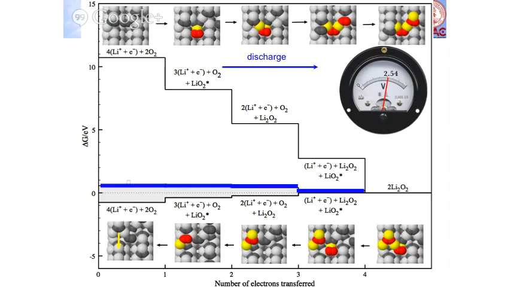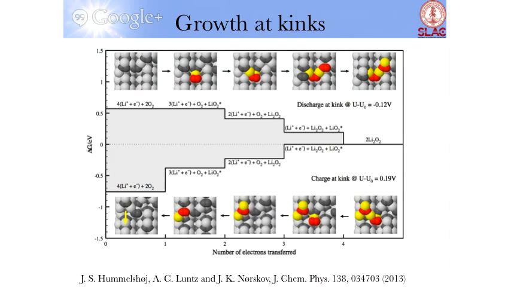So what's interesting to note now as we focus on what's the overpotential associated with growing on a kink site. What's really interesting is that you can discharge at a kink site at a very, very low overpotential. This is of order 0.1 volts, and this is very interesting because what I originally told you was all these bad things about aprotic electrochemistry with protons, where you have all this 0.4 volts overpotential, and even on the best catalyst here, we seem to be able to nucleate at a kink site at very low overpotentials of order 0.1. Same story under charging. We can charge on a kink site at around